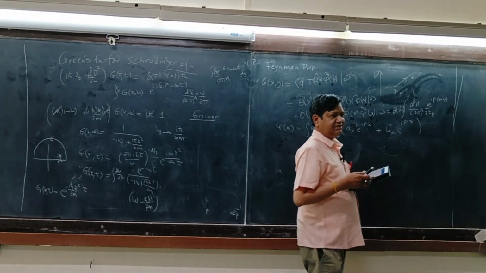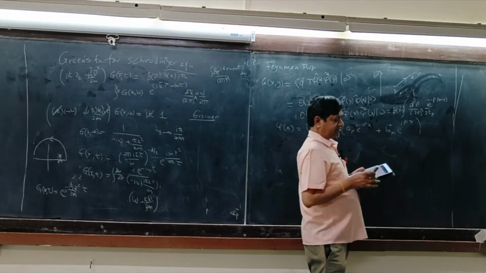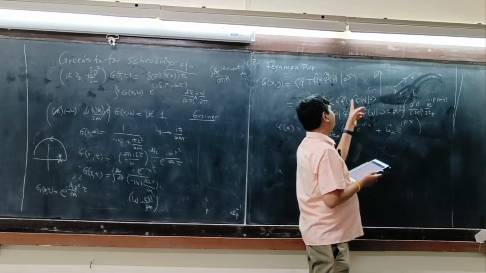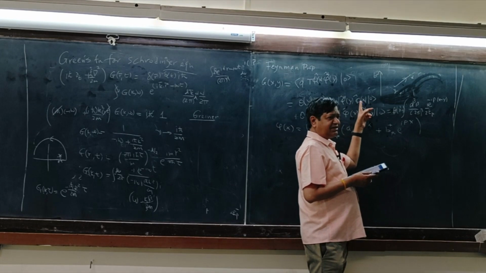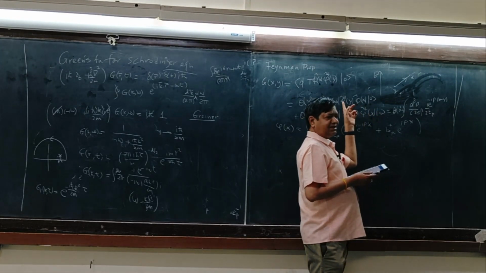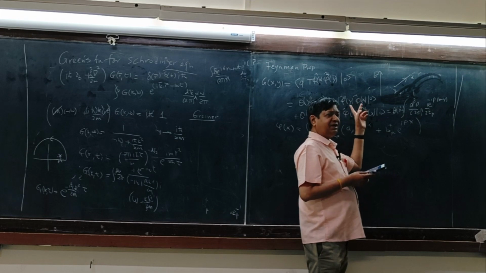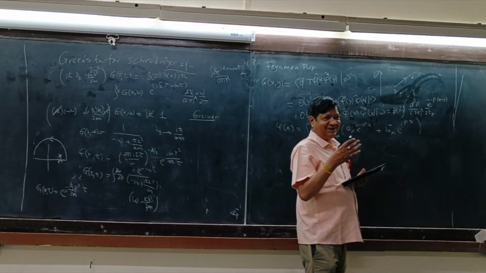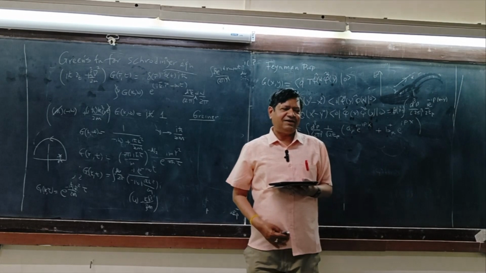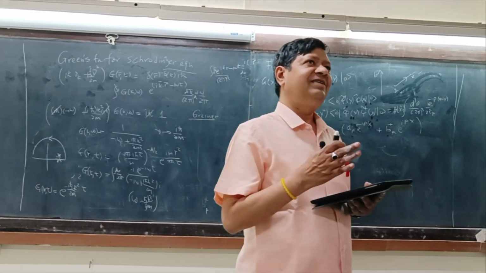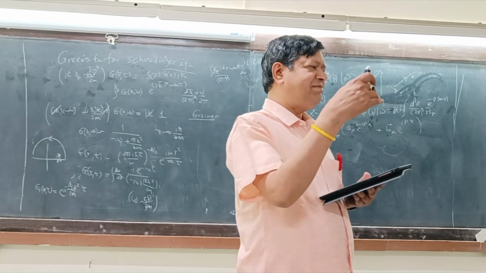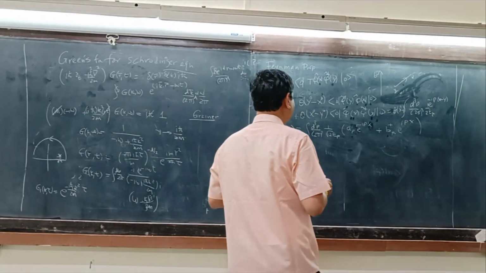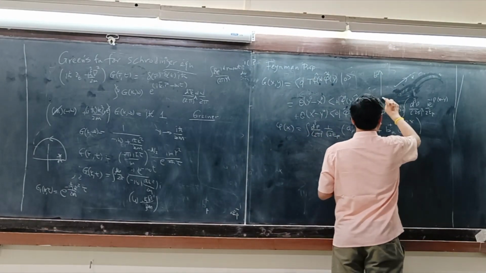The second term is called the advanced Green's function. So first create and destroy later. Or you can create something here, destroy something, then create. Or it's like an antiparticle is created and an antiparticle is destroyed. You should think of antiparticle creation. So we did that before. Please keep in mind a particle destruction is the same as a particle going forward in time is the same as an antiparticle going backward in time. So this is that Feynman interpretation.